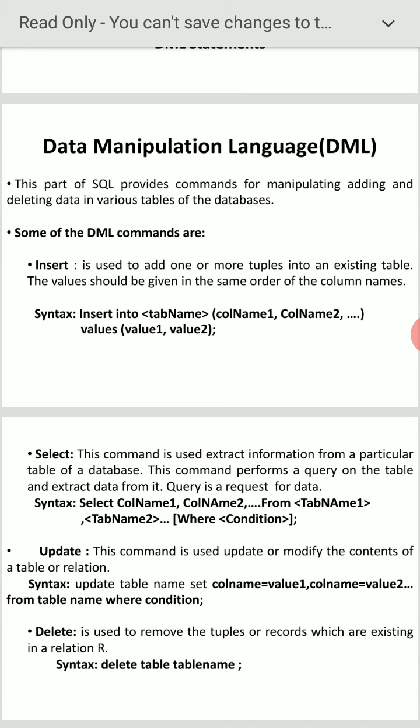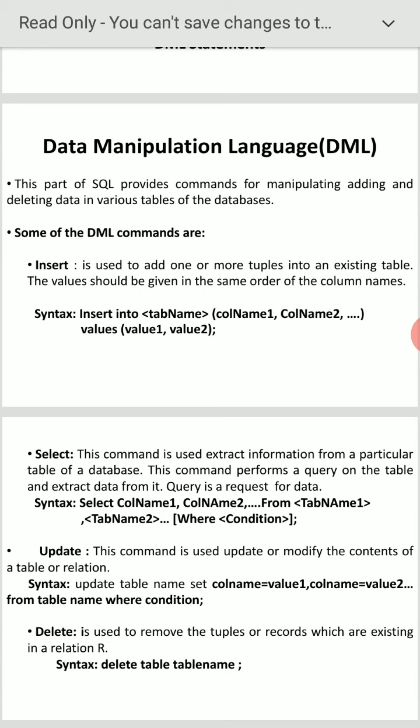Now, I will give one simple example here. Update table name. What table name have I taken? Employee. Set column salary equal to 10,000 from table name, which is again employee, where salary less than or equal to 5,000.